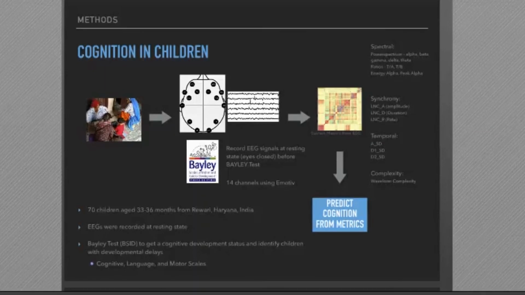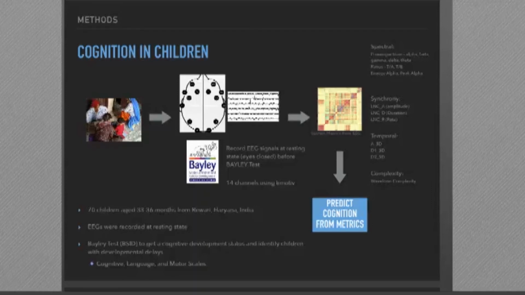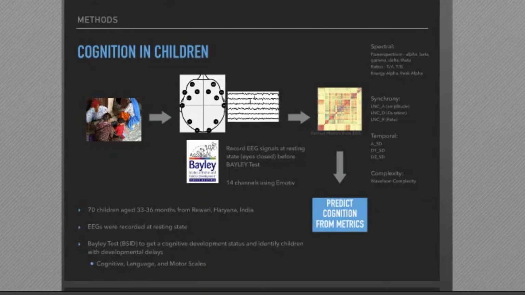Today in specific, I've been talking about the single metric called waveform complexity, but we also analyzed temporal metrics, which capture the amplitude of the signal, then synchrony metrics, which capture the shape of the signal, and spectral metrics, which are most popularly estimated, which is a power spectrum of the signal and related to the alpha peak, right? And eventually the goal for this study is to predict developmental cognition in children